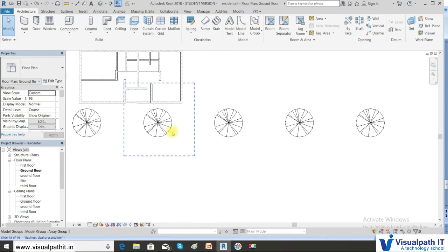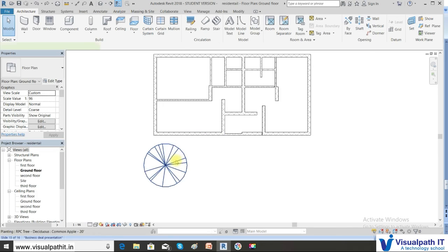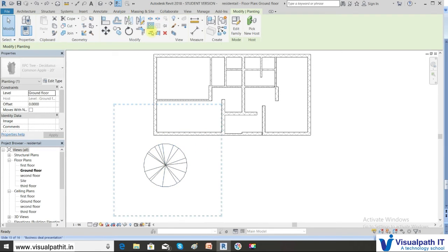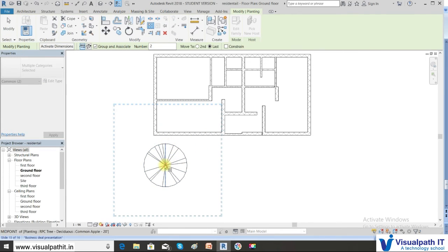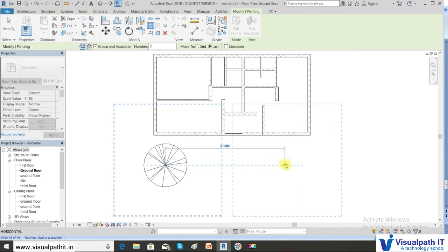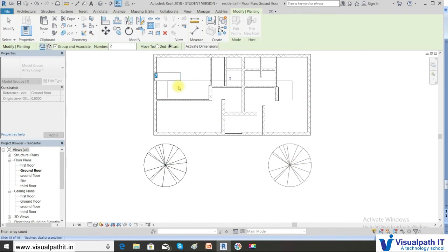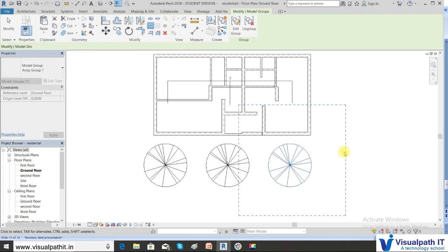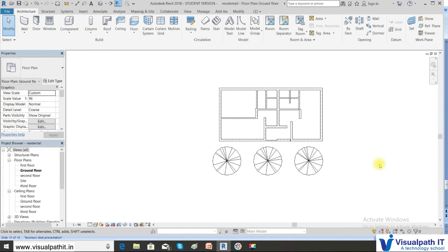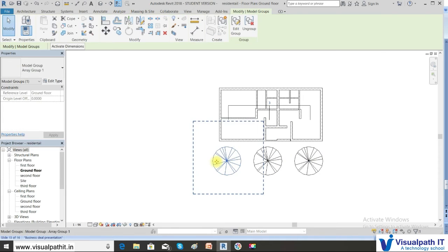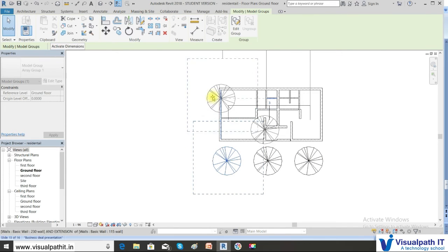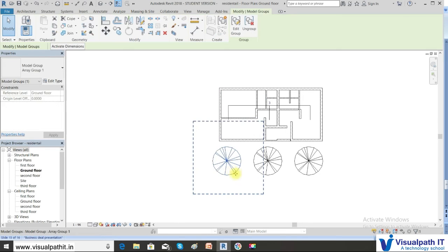Now similarly, when I try to array this element, say I'm specifying number 3. Now you can see that these are grouped into one element. So suppose I want to move this element, you can see that the whole object is moving because it is grouped into one.